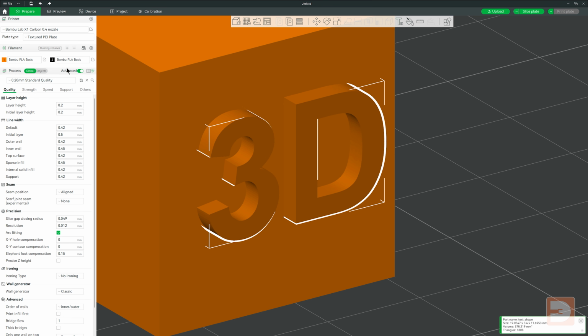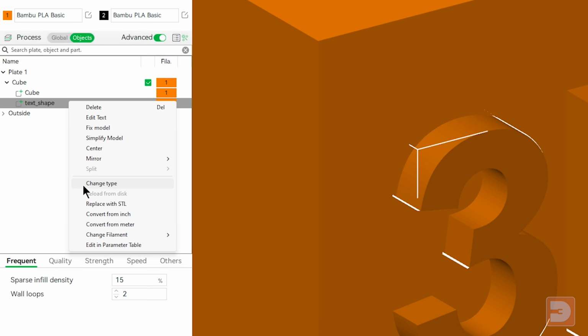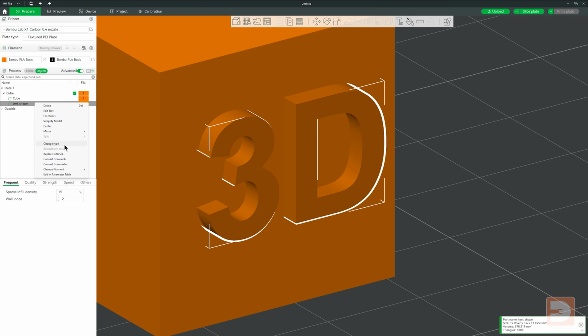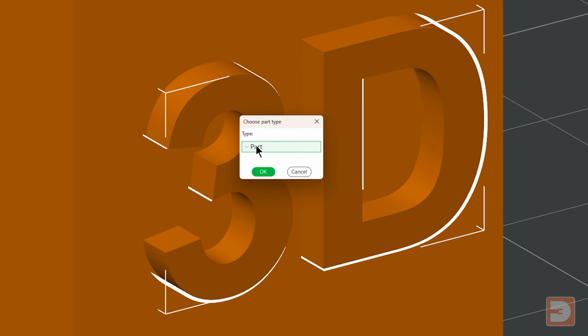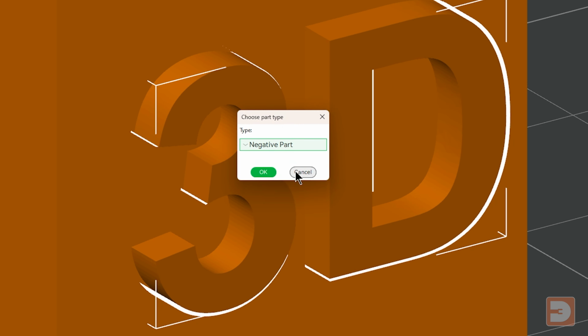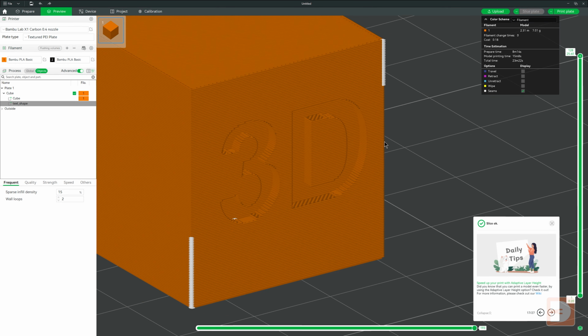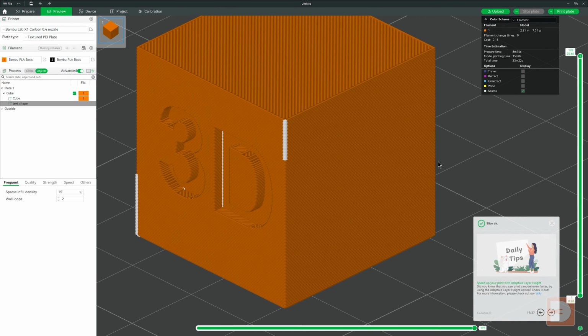Now, come out of the text tool and go to the objects list. Find the text shape, right-click it, and select Change Type. By default, it'll be set to part, which basically means it's an additional part being added to an existing object. In this drop-down menu, select Negative Part, which means that this shape will be subtracted from the object that it's applied to. If we slice it now, you'll see that the text has now been cut away from your object